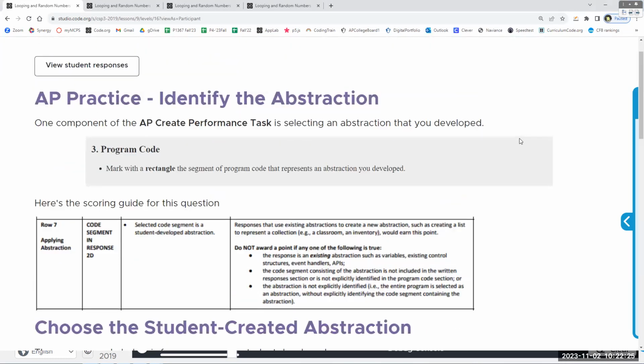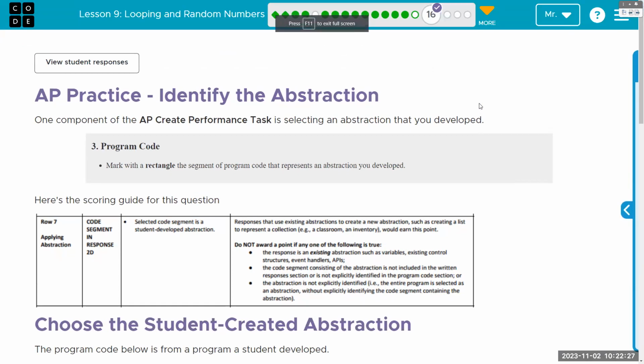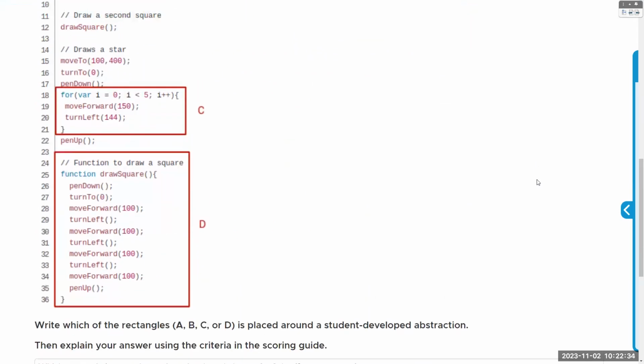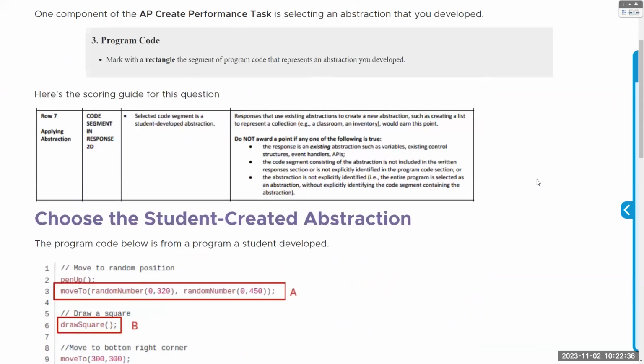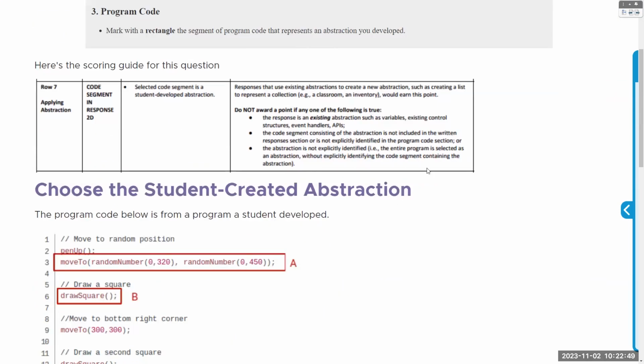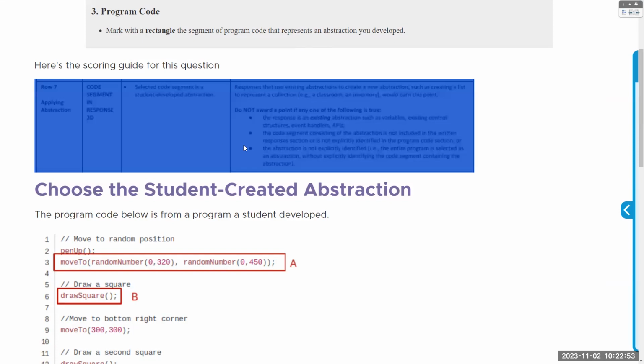See some more AP practice, identify the abstraction. This is just a multiple choice, but your job here is to identify the example of abstraction that you developed, that is to say, a student developed abstraction, which basically just means it can't be an existing one. You could see the do not award a point if any one of the following is true.